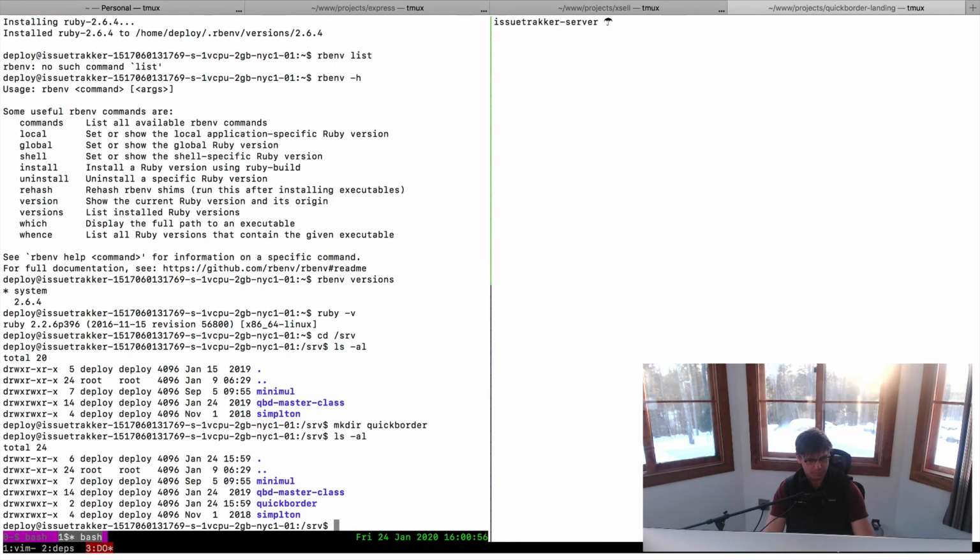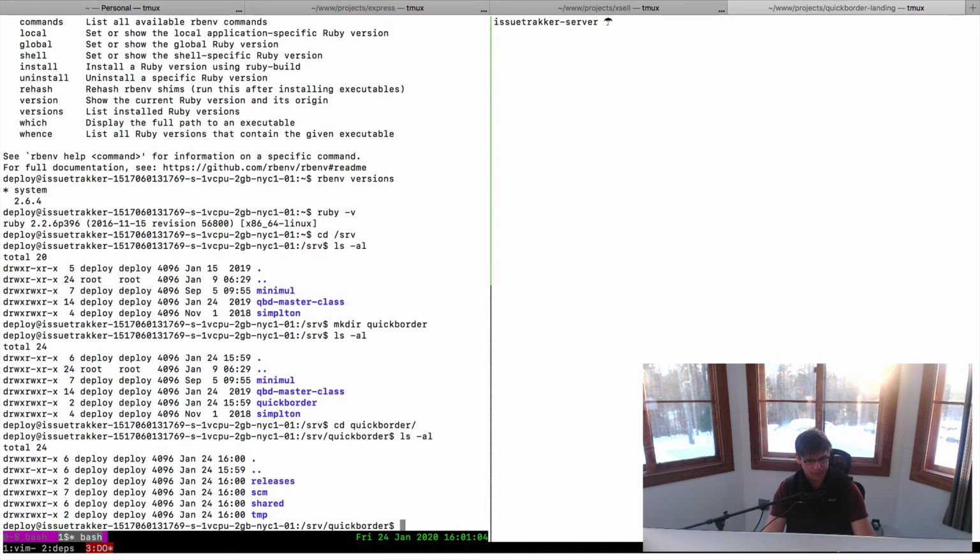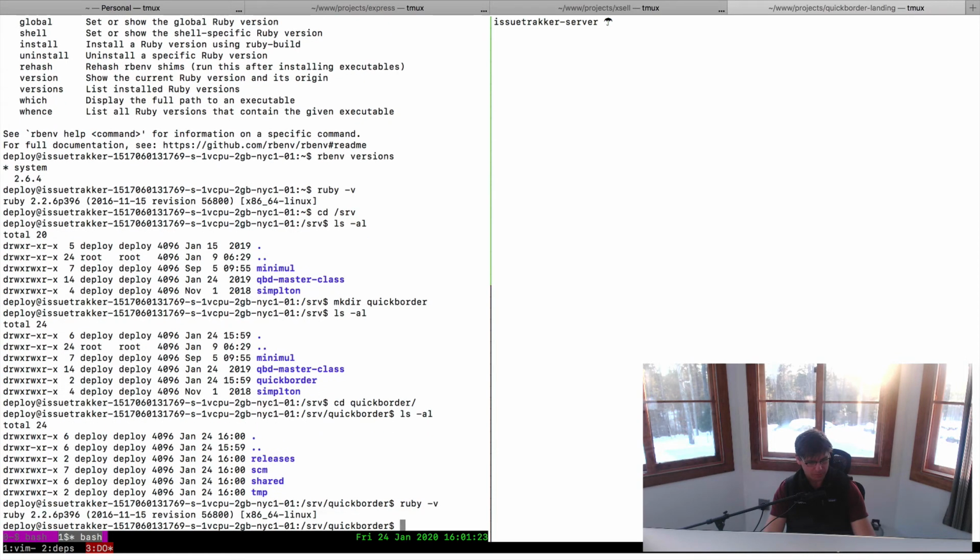So if I cd into quick border now, okay, the current release is not there. Okay, I need to install bundler for Ruby 2.6. I thought it came installed with Ruby 2.6. So, what version do I have now? Okay, 2.2. All right, let me switch into the env